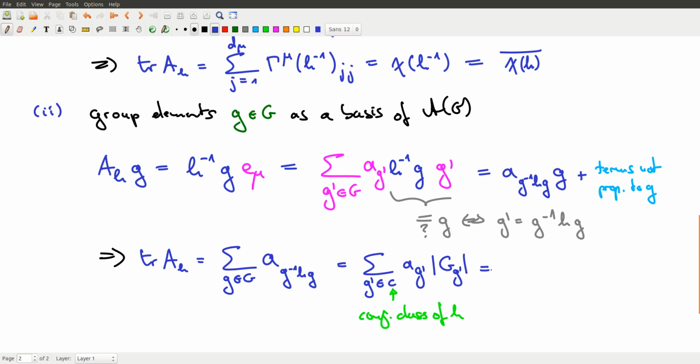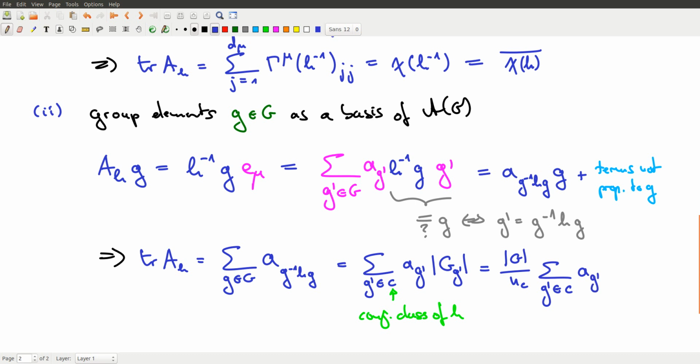And now by the orbit stabilizer theorem, we know that the number of elements of the stabilizer is the number of elements of the group divided by the number of elements of the orbit. But the orbit under conjugation is just the number of elements in the conjugacy class, this NC here. So that's where this prefactor comes from. Now we have only a sum over G prime. Not all G prime in the group, but only all the G prime in the conjugacy class,